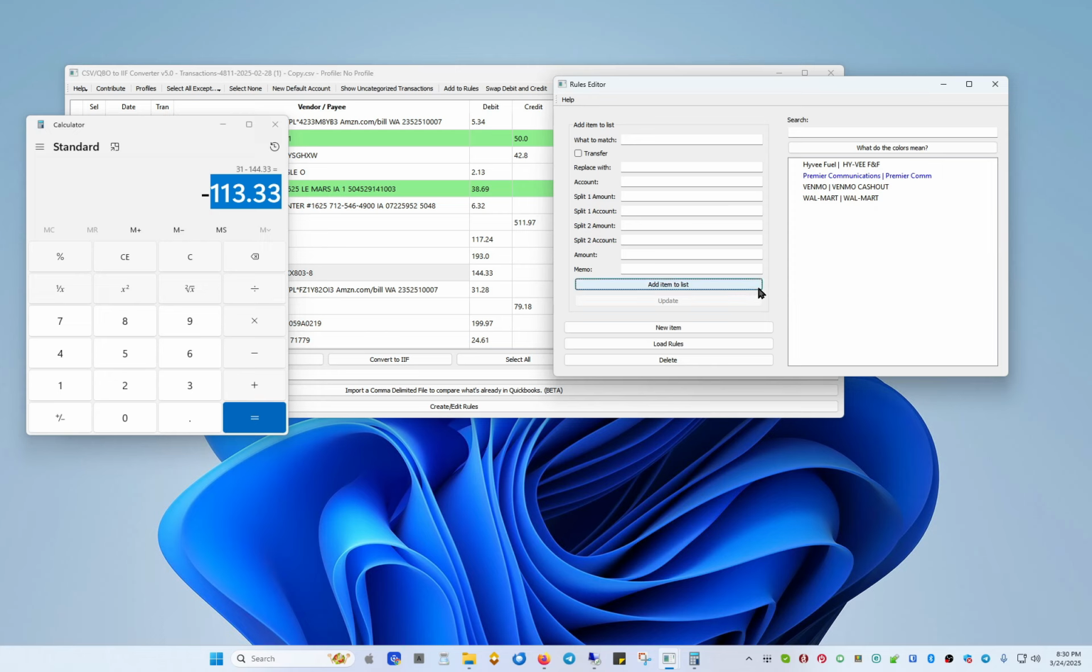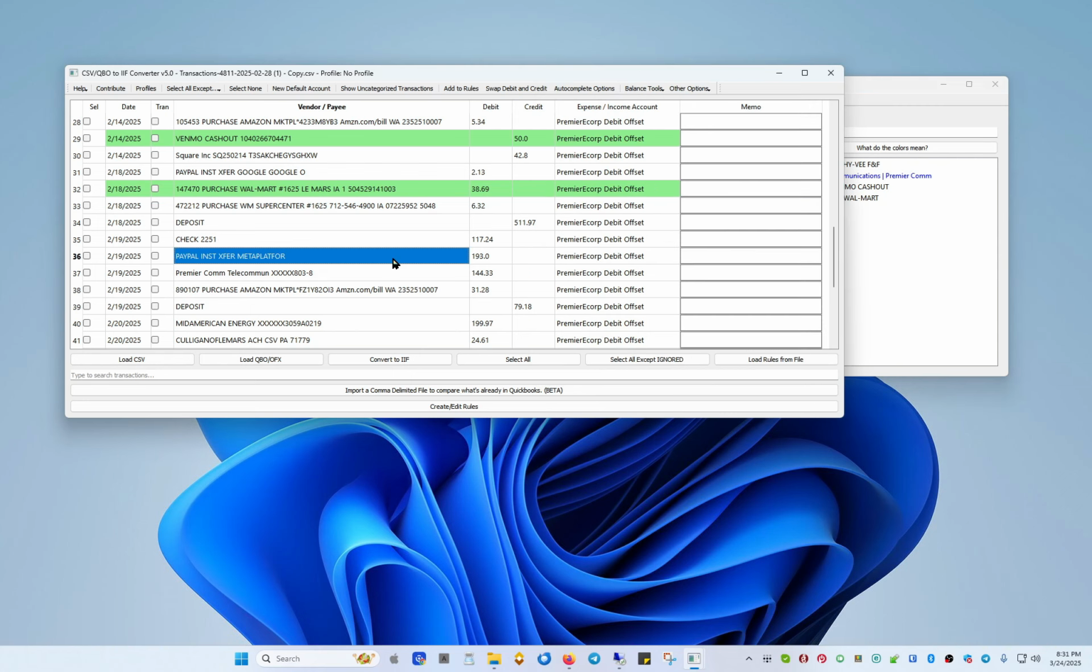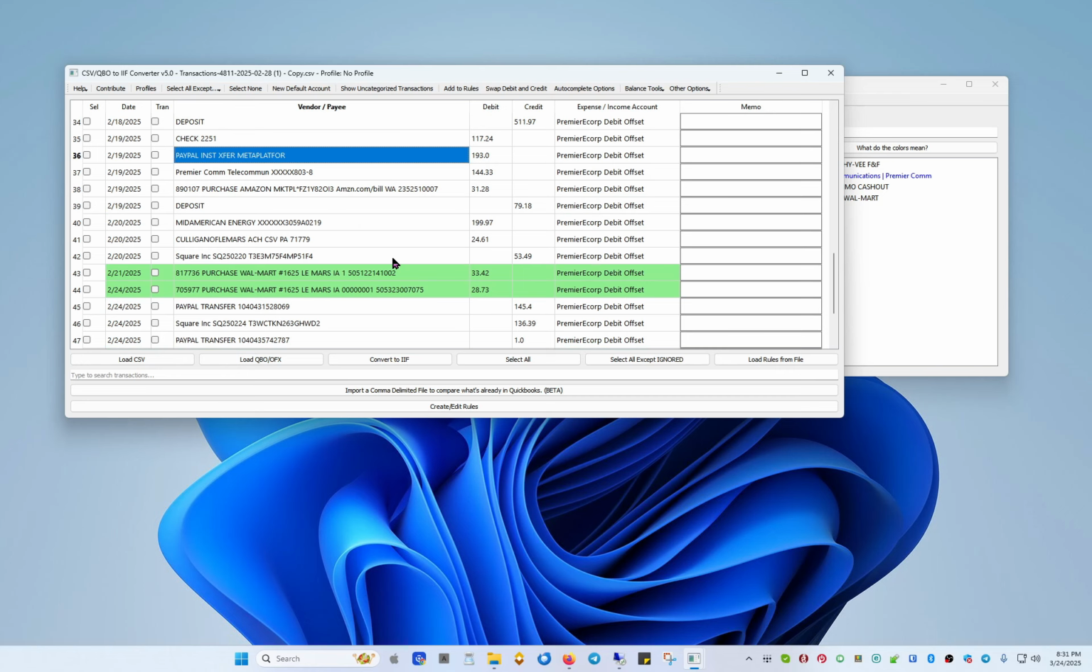Now, a split is in purple or blue, whatever that color looks like to you. And it actually sets the account right there as split. And you can search these or scroll the list. It's kind of nice. You can just scroll the list and say, hey, that's a split account. Now, if we scroll down here to, let's see, there's one in here